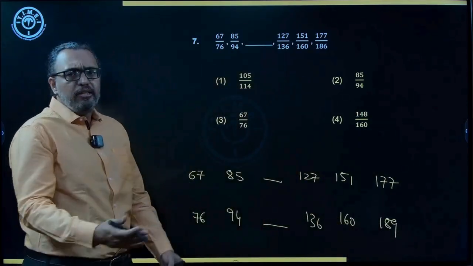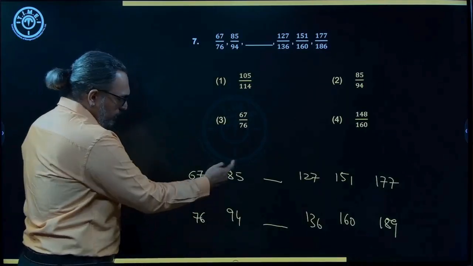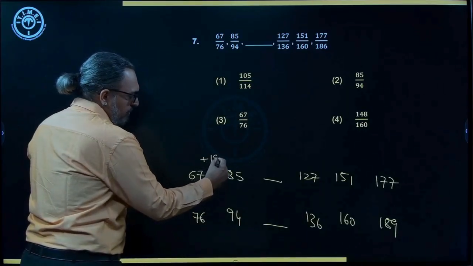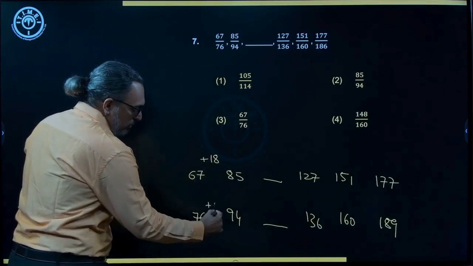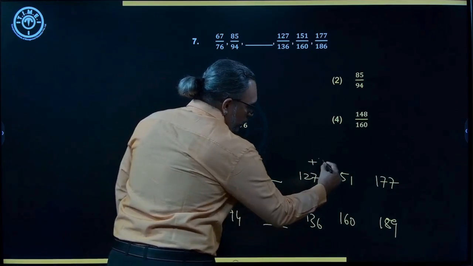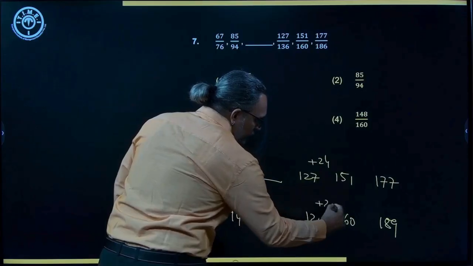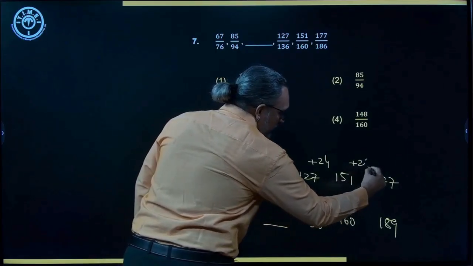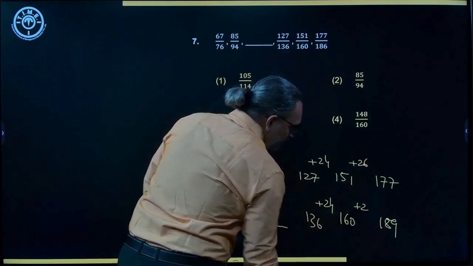Now they are gradually increasing, you can take addition. So how much addition is happening? This is plus 18, correct? And here also it is plus 18. Then here it is plus 24. Now here also it is plus 24. And this is plus 26. This is also plus